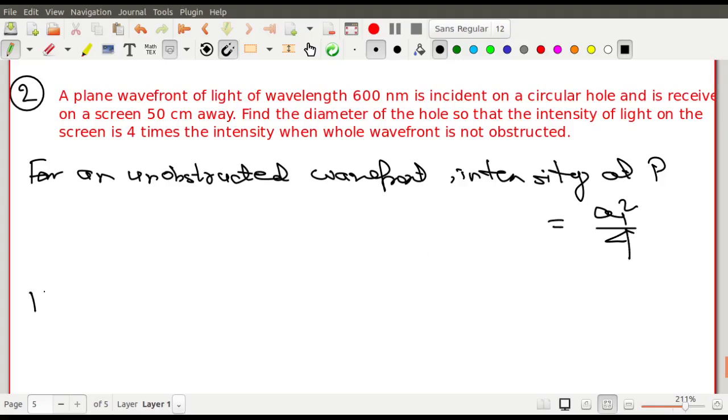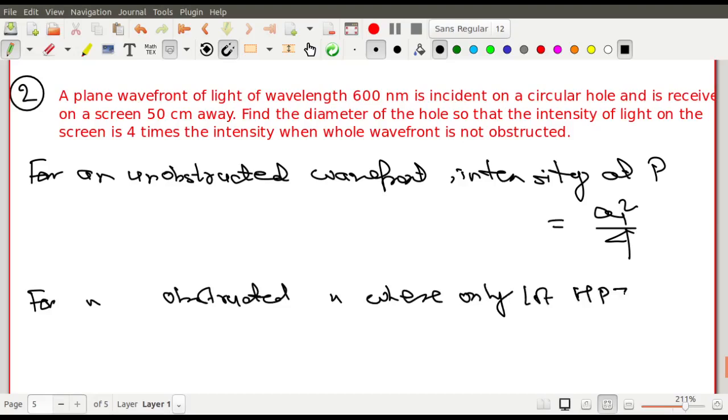And for an obstructed wavefront where only the first half period zone is allowed to pass,